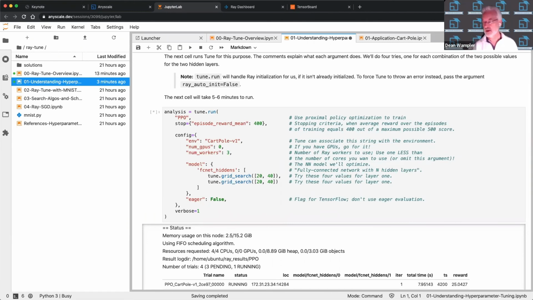The second one can also either be 20 or 40. So there's 2 to the 2 combinations there, and Tune will evaluate all 4 combinations and find the best one that works. And one of the things we're going to see when we do this is that we get kind of ambiguous results. It turns out that all of the results will be pretty good, but some of them will